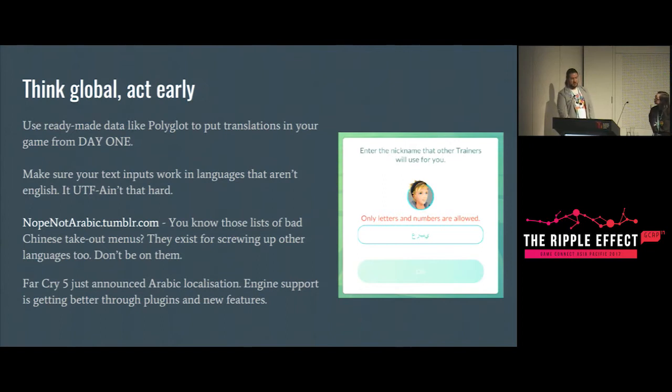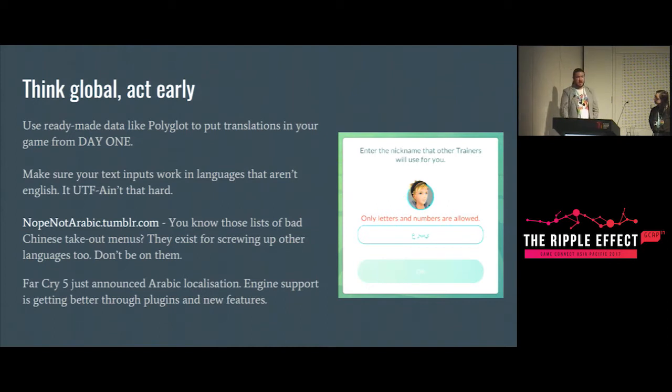Also, people speak languages that aren't English. This might be something that seems obvious, but if you look for how to validate a name on the internet, you'll probably find a regular expression or some kind of solver that is only for English characters. And it sucks. And Arabic is one of the hardest languages to deal with.